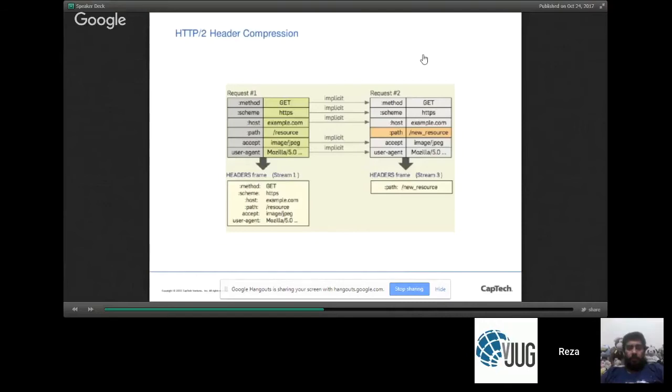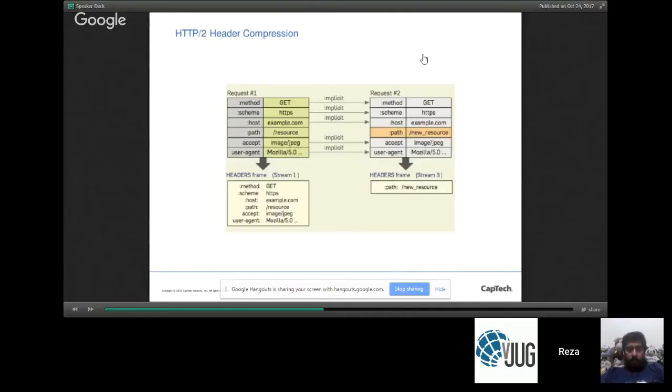So it doesn't make sense anymore to essentially repeat all of these headers over and over again, because now you're no longer in a stateless world. You're in a stateful world. So because you are in a stateful world, both the client and the server can now keep track of what the delta is. What is my total interaction? So you can essentially imagine both the client and the server having a hash table with all of these headers being stored.